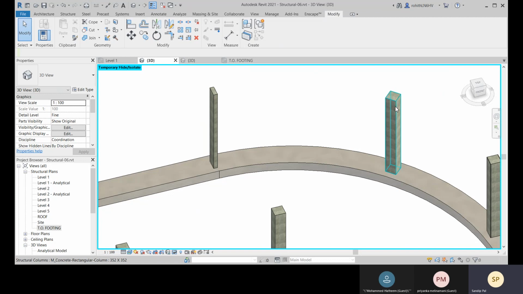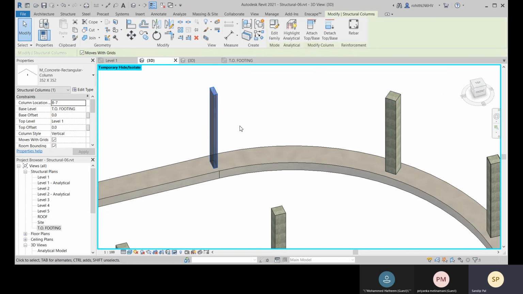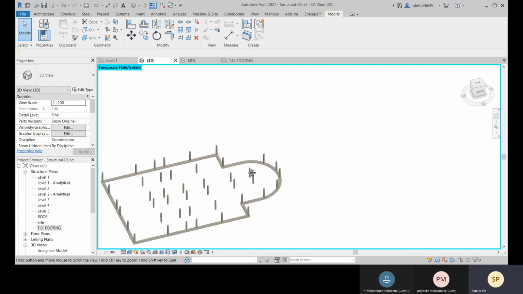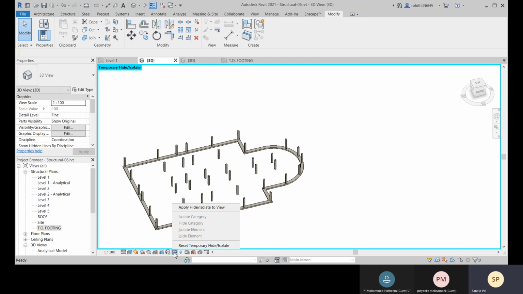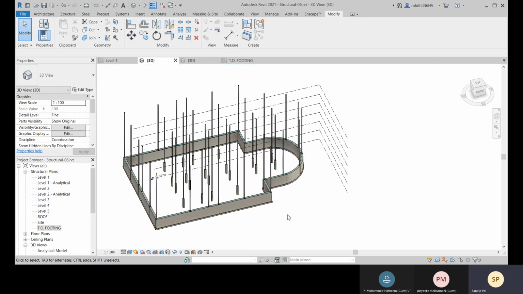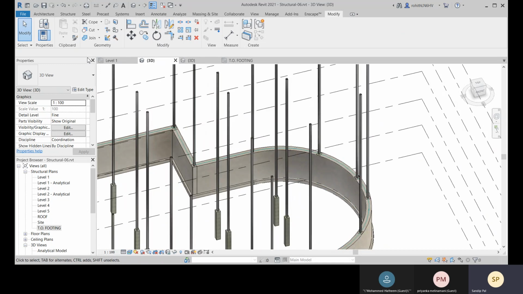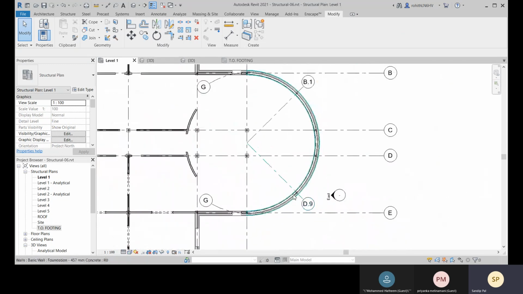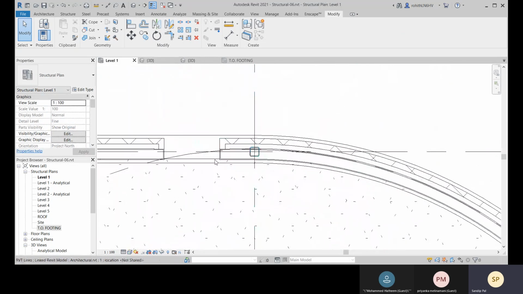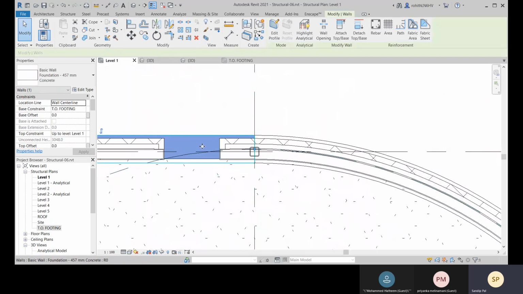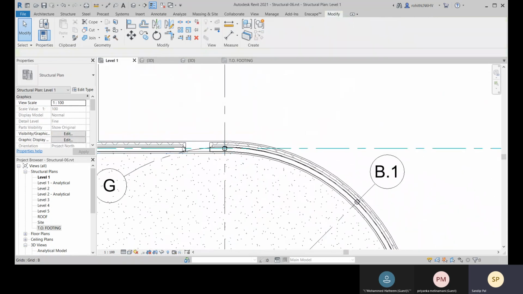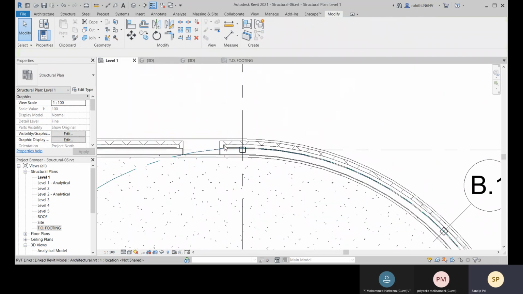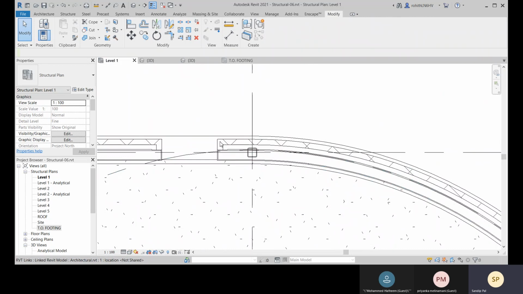Okay, so let me just not place it here. Okay, and let me go for this temporary hide or isolate option there, and let me come back to level 1, and at this joint let me select.